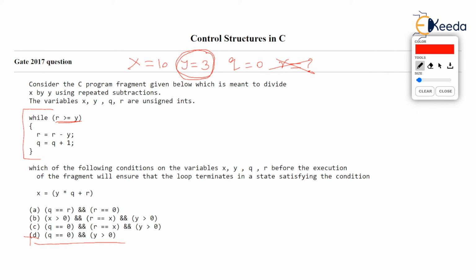By the way, before I end the video, you have to assume some values of x and y. Otherwise, some reader will say, sir, then x and y are also not given, then x and y are garbage. No. It's given that we are dividing x by y, correct? So x and y are to be assumed by the person who is solving the question. And then using x and y, they are asking conditions on q and r.